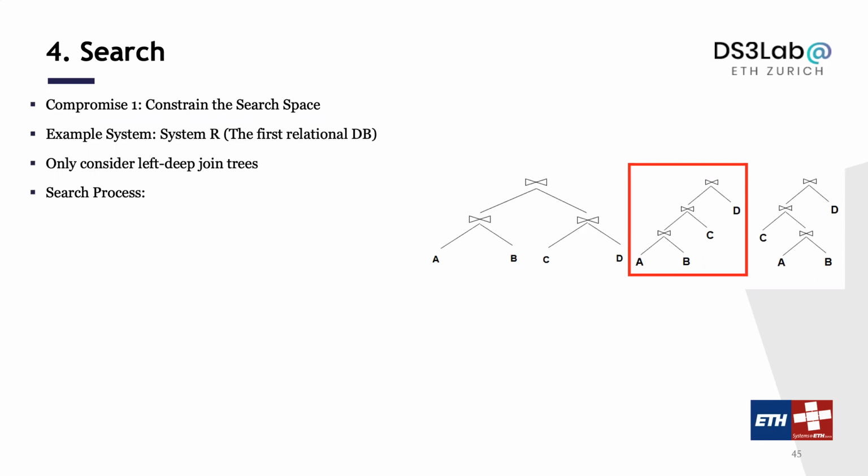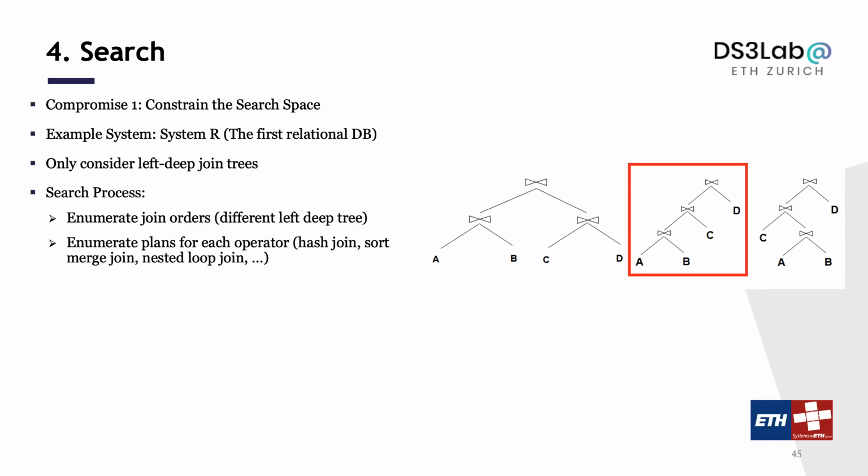Given this compromise, you can define the following search process. I want to enumerate all the possible join orders that give me a left deep tree. Then for each join order, for each left deep tree, I enumerate different plans for different operators. I try hash join, I try sort merge join, I try nested loop join. And for each operator, I also try different access methods. Maybe I should use a B tree, then I have, for example, index nested loop join. Maybe I should use sequential scan, then I have nested loop join. So you try all